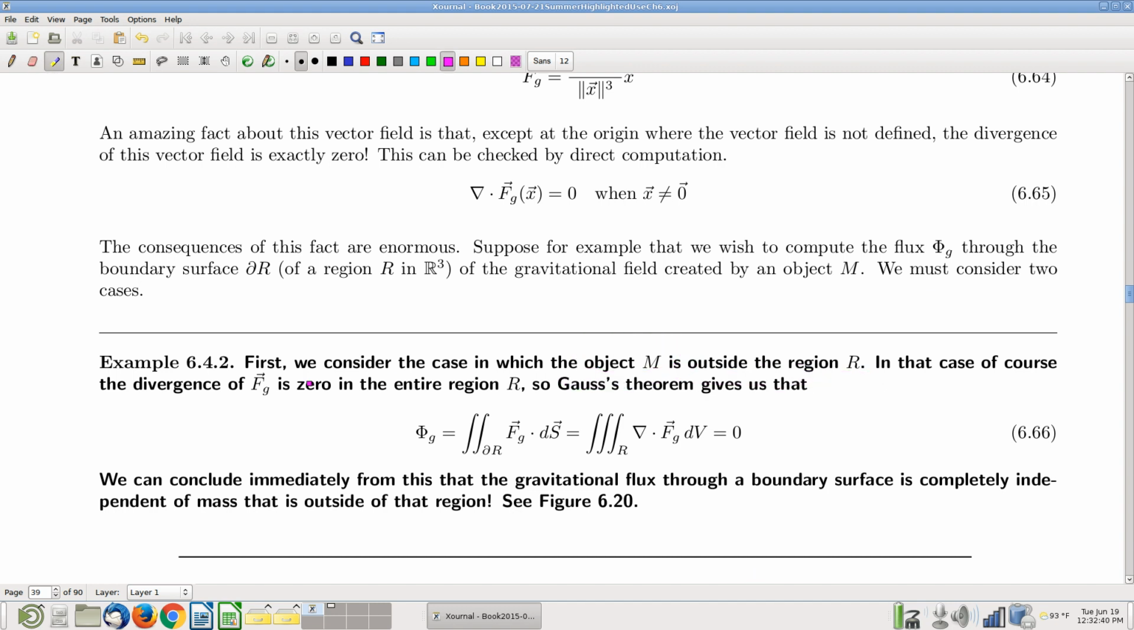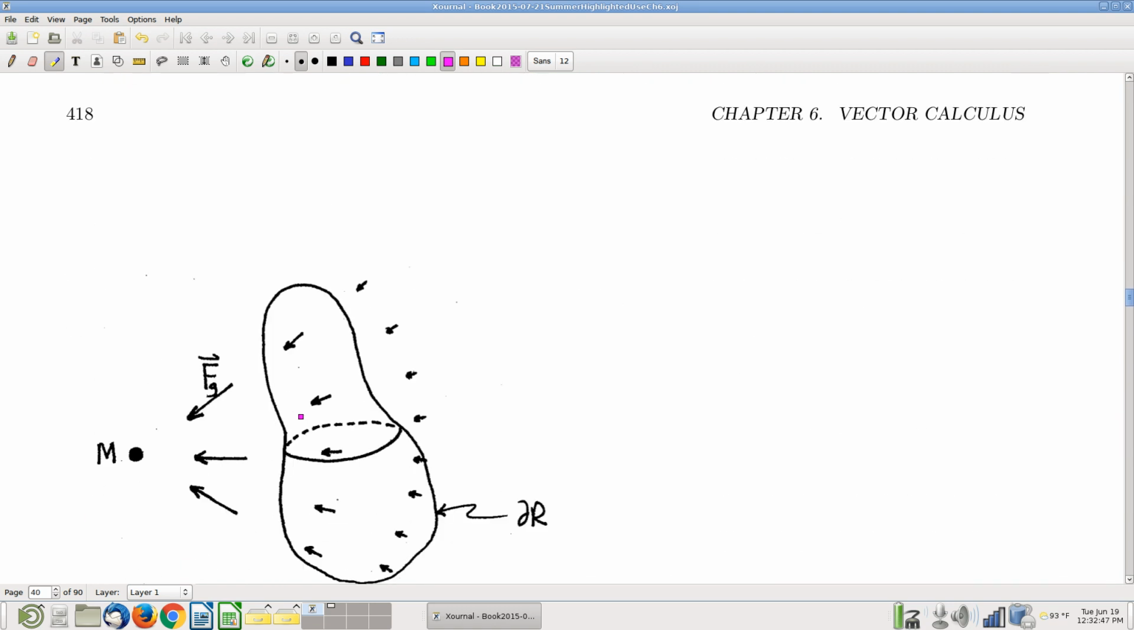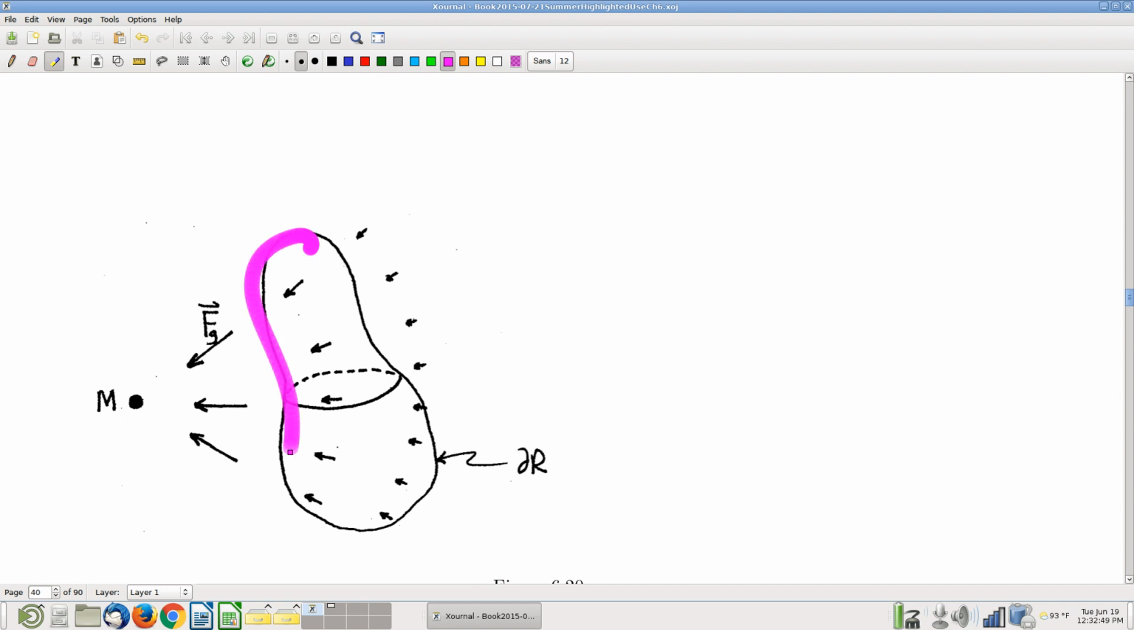And I want to compute the flux. What is the flux of the gravitational field through that region? So here's our picture. Here's our region, a solid three-dimensional region. And here's the corresponding mass. You've got a mass there, and that mass creates a gravitational field. Now, gravitational fields point toward the mass. And the further you get away, the shorter they are. So there's that inverse square